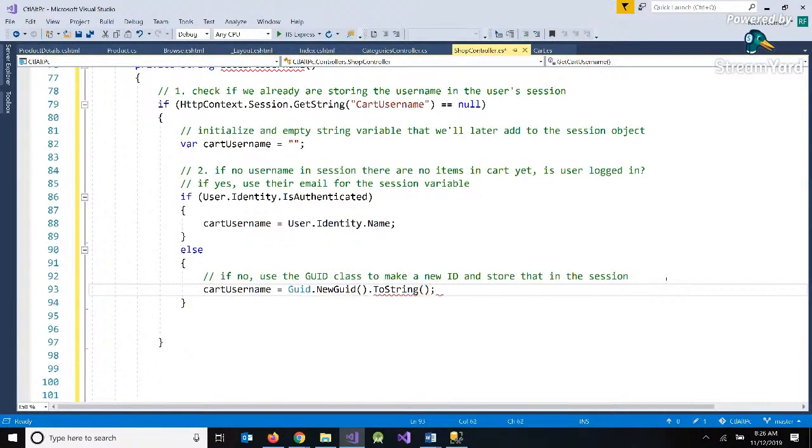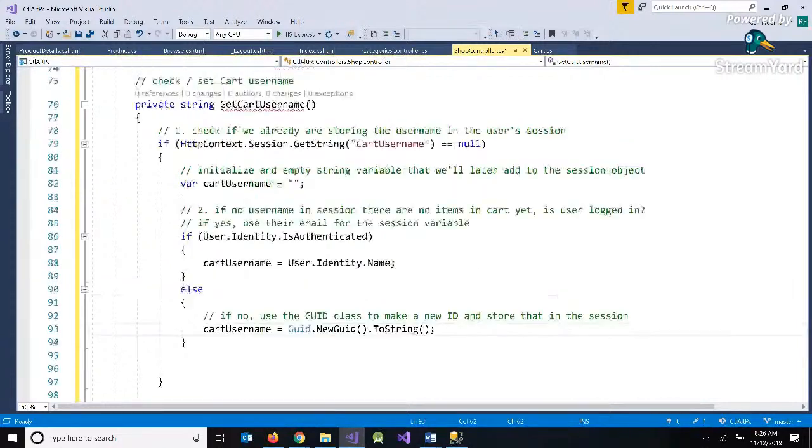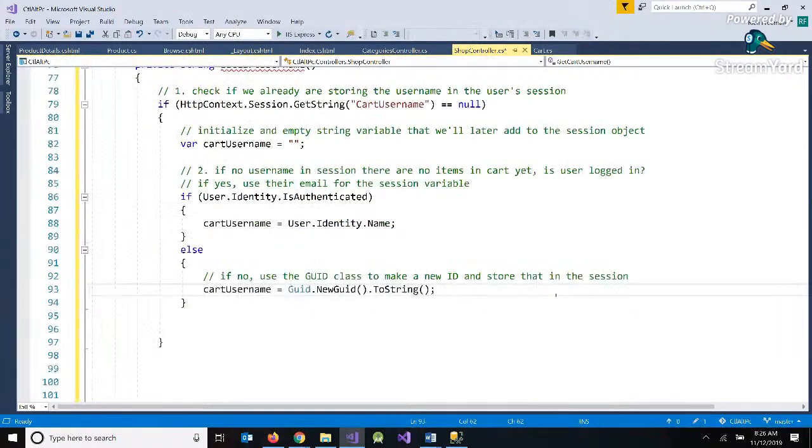So we're going to use this GUID class I mentioned, and there's a method in there called NewGuid, so it'll generate a new ID and we'll convert it to a string. And now after my else,